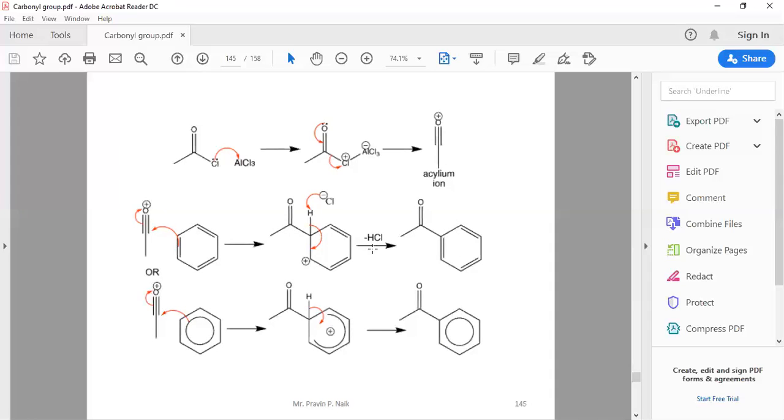by removing of the HCl. So the formation of the acylium ion is very important, that is the electron deficient carbon, or you can say it is the electrophile. This is your nucleophile. So the nucleophile attacks the electrophile to form the intermediate, and then that leaves with the HCl. The HCl is being removed and it forms the acyl substituted product, and therefore it is called acylation reaction. So Friedel-Crafts acylation reaction. AlCl3 is used as catalyst.